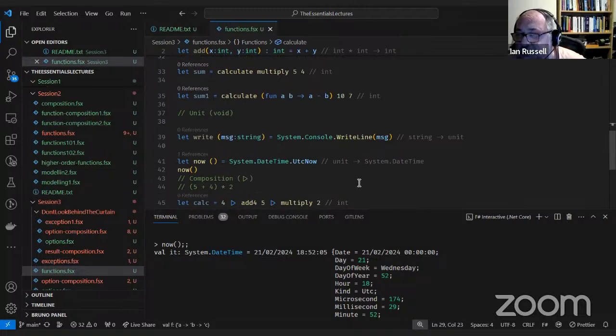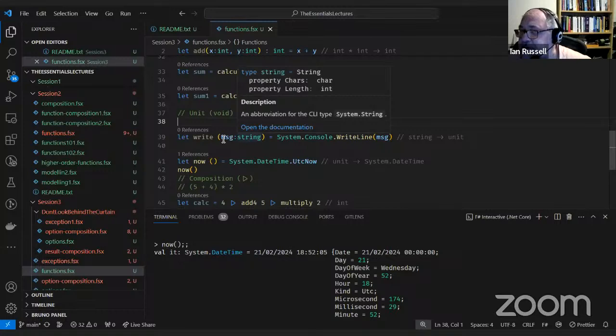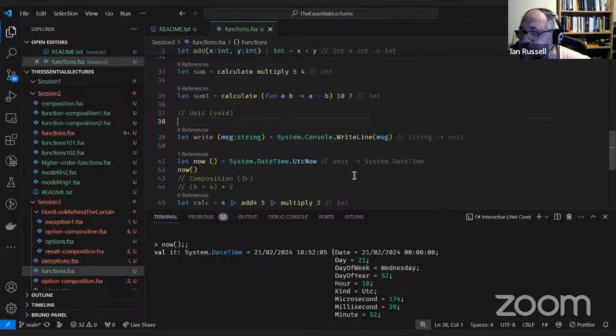So if you remember when we did this one with the System.Console.WriteLine, because F# doesn't support overloaded parameters or it doesn't like them, it can't infer which one is the correct one to use. So you have to explicitly tell it the type of the input parameter, so it knows which one of the functions it can use.